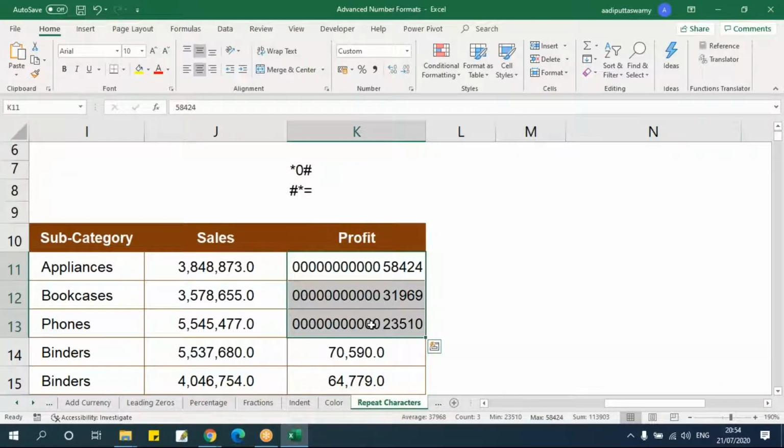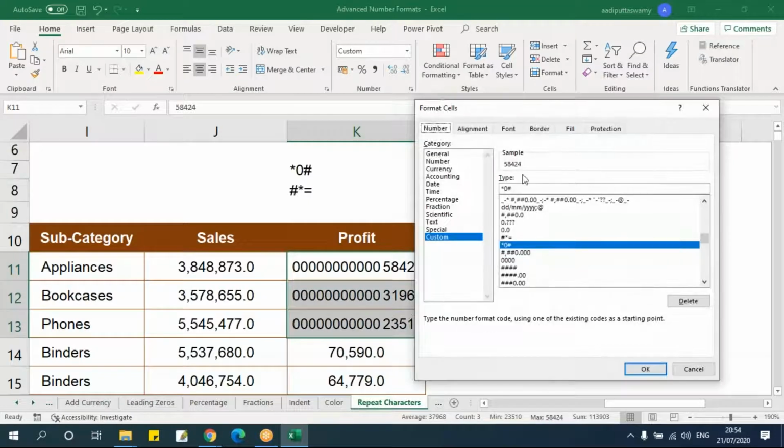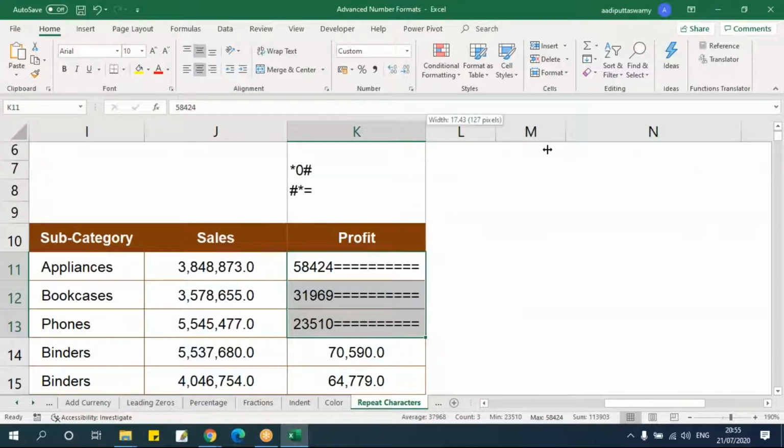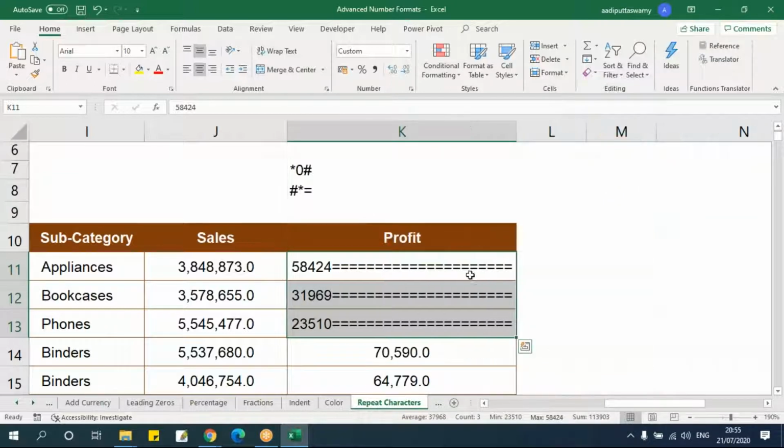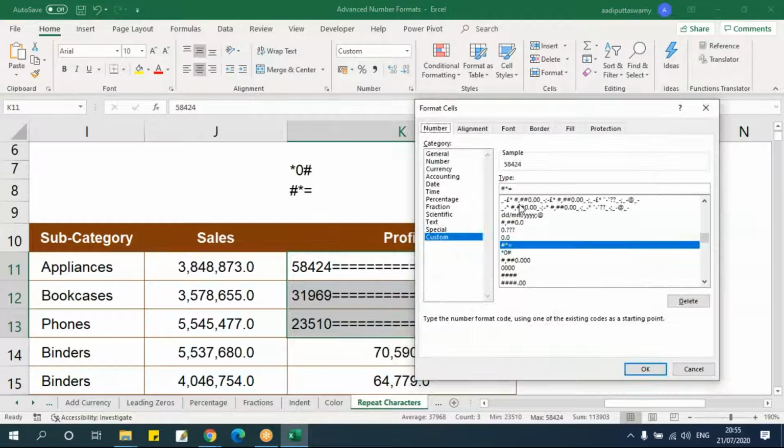Right. I want some other character that is after the number. Then I have to put this hash star and then I'll say equals. So what this star and this equals will do is fill it like this. Let me fill this with star. I can go here.